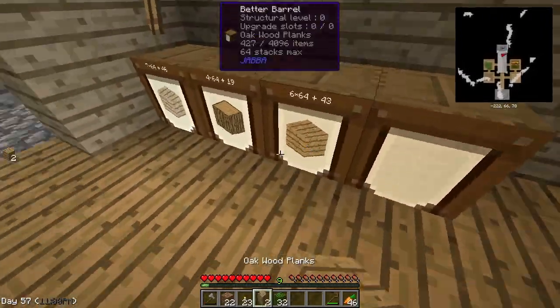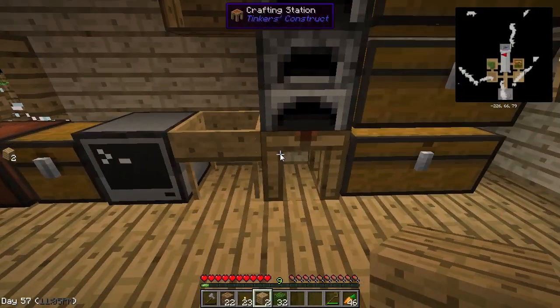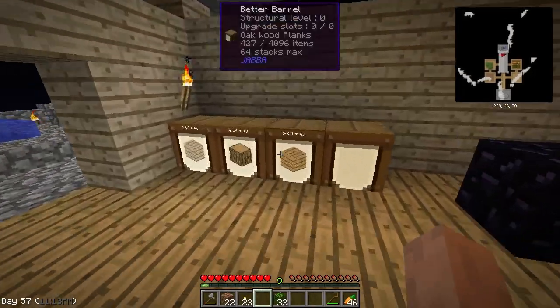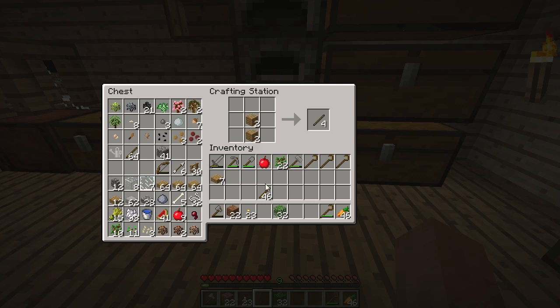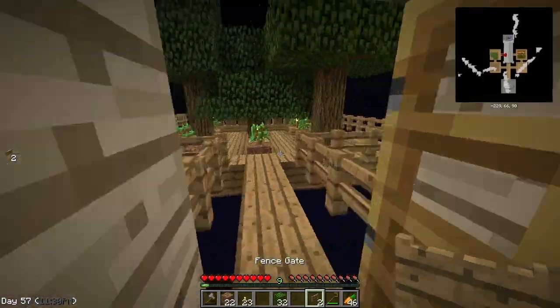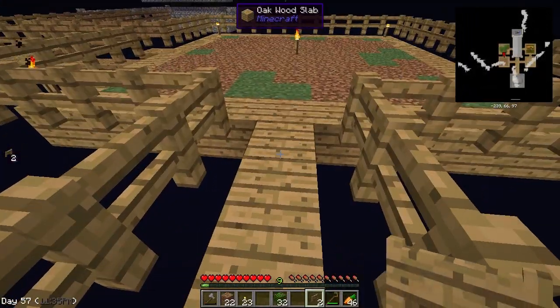I need to grab, give me 2 planks and some sticks. I got it right here. I want to make, oh wait, actually I'm going to need 2 more planks. There we go. I want to make a couple fence gates. There we go. 2 fence gates so that I can pen off this platform over here, make sure that